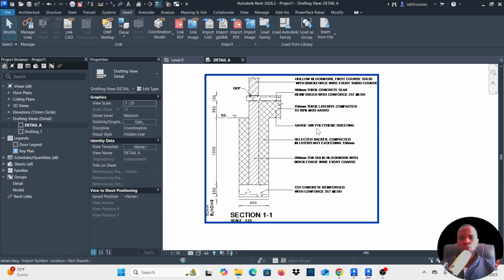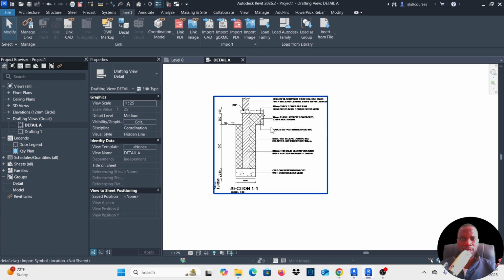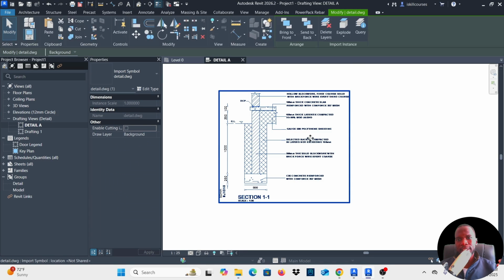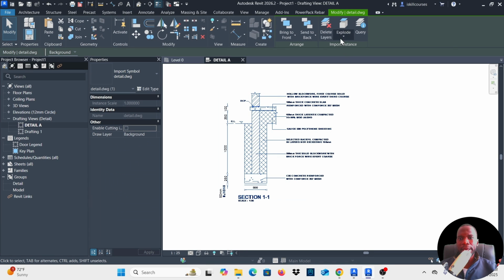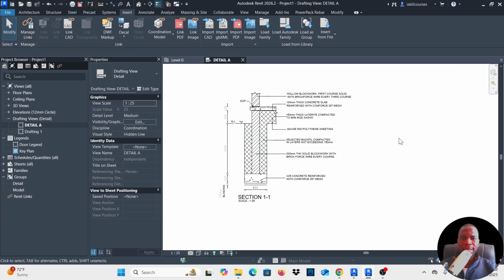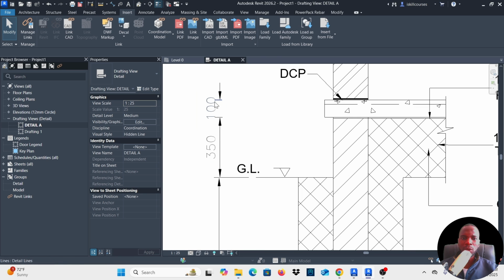All right. So once you bring in a CAD detail like this, you can bring as many CAD details as possible, and you just follow the steps that I'm going to show you. So you just need to select on that CAD detail, and now come here under import instances. You can use full explode or partial explode. I'll use partial explode there. Click outside, and as you can see, it has been exploded, but you just need to clean it up because